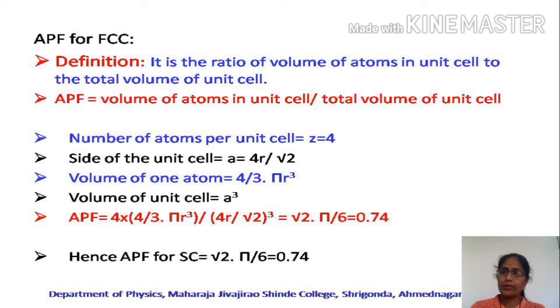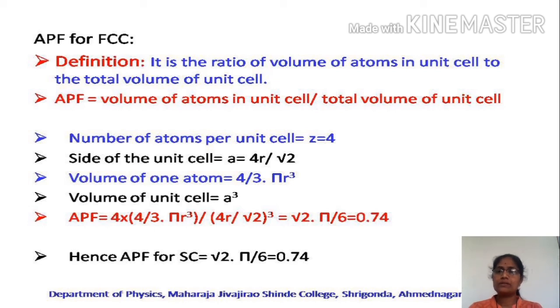Then next is for body centered cube. The atomic packing factor value is 0.68. Therefore, 100 minus 68 or 1 minus 0.68 gives us the value of void space. Suppose we subtract 100 minus 68, then its value is 32%, which is the void space present in a BCC crystal. And in case of FCC crystal, 100 minus 74% is 26%.